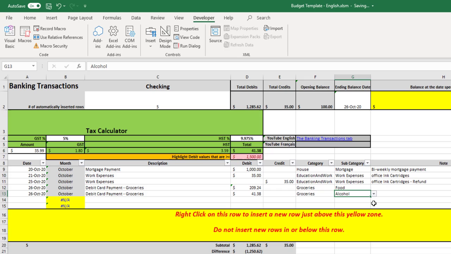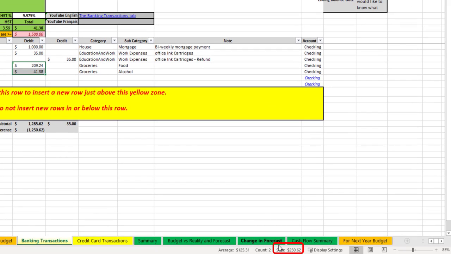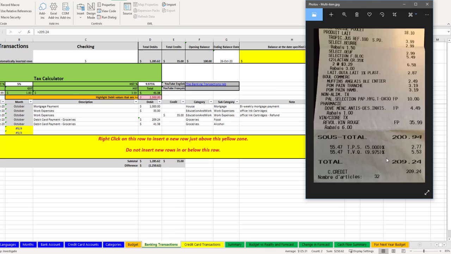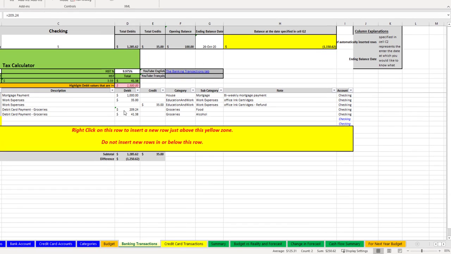Now, we're not done yet, because in reality, if I take the two together, if I highlight these two, take a look at the bottom, the total sum is $250.62, which is more than the total amount. So what we need to do is tell Excel that we want to subtract from this 209 the 41.38. That way the two combined together will total up to 209.24. So I'm just going to go back to highlight the first cell here,